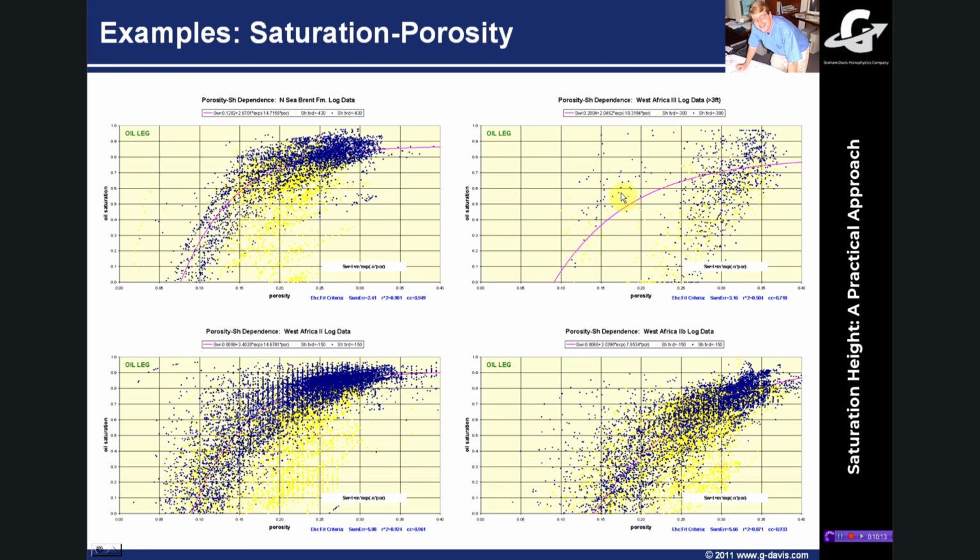So when you look at these kind of plots, you get a feel for how well your data is behaving, and do you need to partition it up? Is there something else going on? Is there one facies coming through here, and is this genuinely something else going on in the data? Now clearly most of the time you're trying to work with data in its virgin conditions before production, before any sweep has been introduced, so this is hopefully under capillary pressure control.